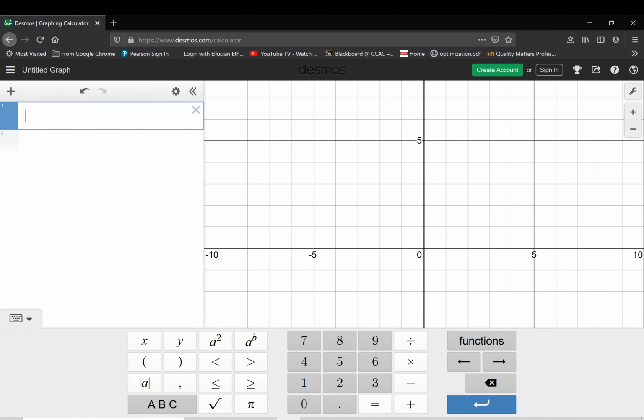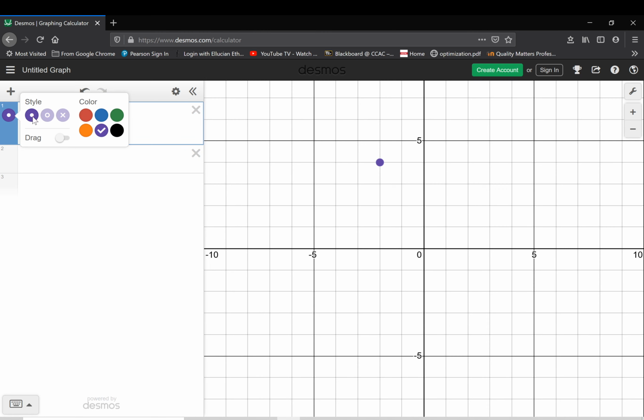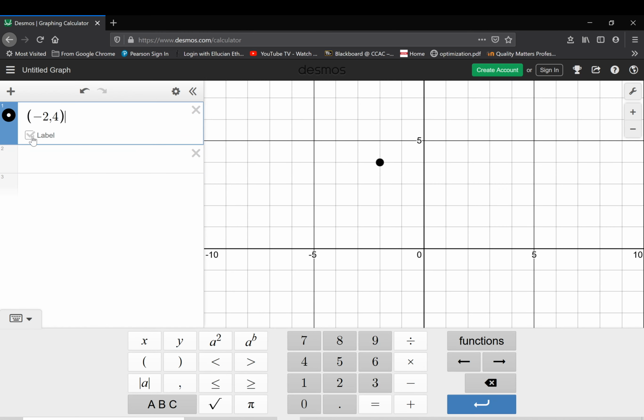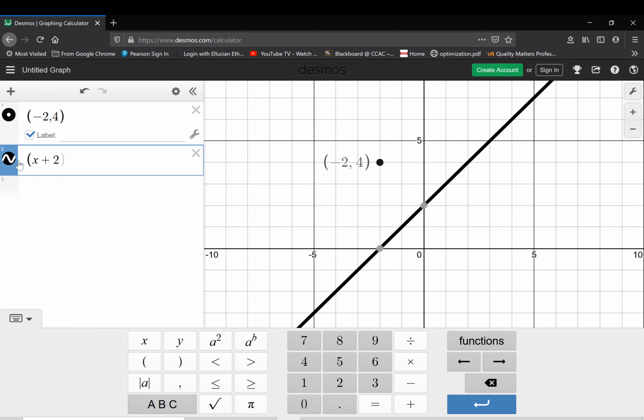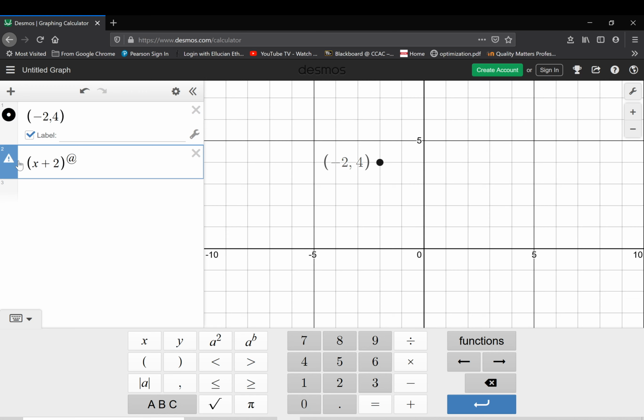All right, so we have a center. We know our center is going to be negative 2 comma 4. Oh, I put negative $2. Not good. There it is. All right, let's make this in black. Here we go. Label it. And now here's my circle. So we came up with parenthesis x plus 2 squared plus parenthesis y minus 4 squared equals